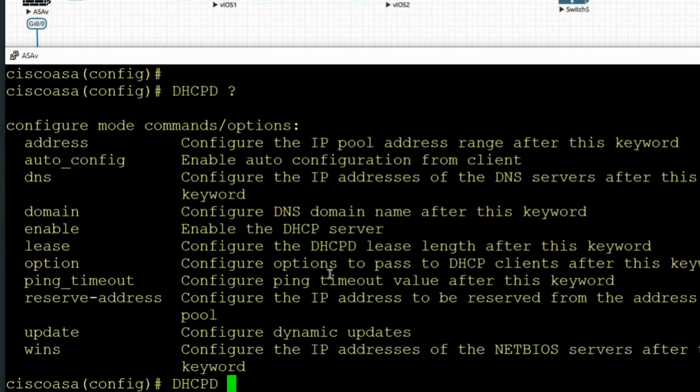The descriptions they give you here are pretty good. It says address configures the IP pool address range after the keyword. Oh, okay. They're pretty intuitive here. It's pretty nice. I like it. It's a lot better than some very vague description where you're like, okay, that didn't help. This helps.